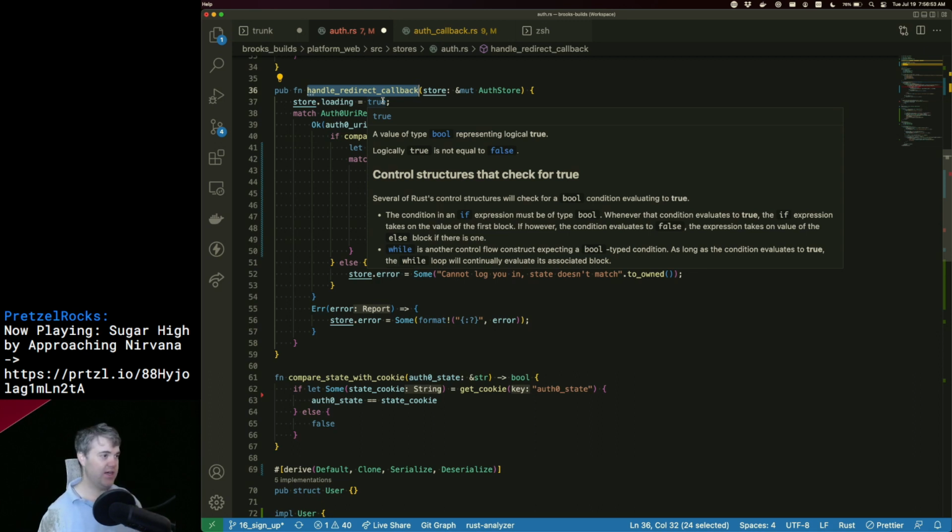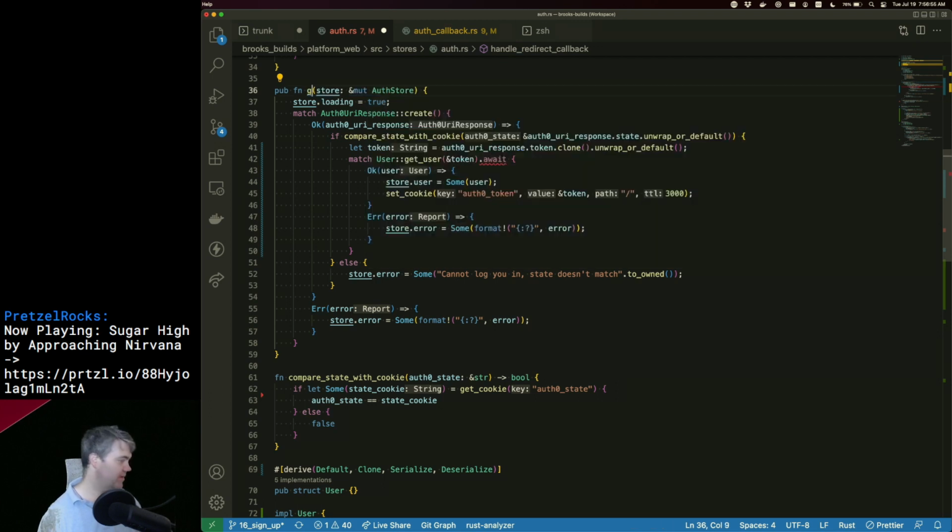So get auth data from URL. We're gonna have to move a bunch of this into auth callback here.